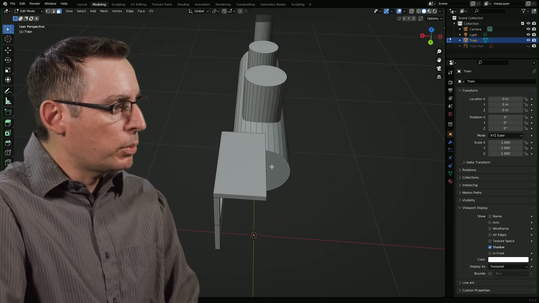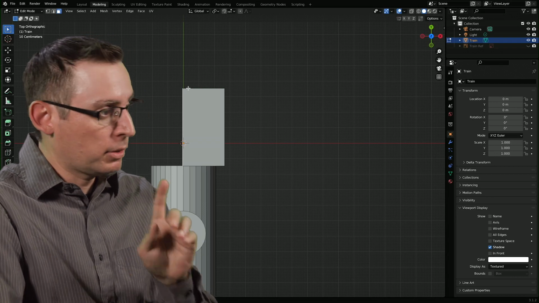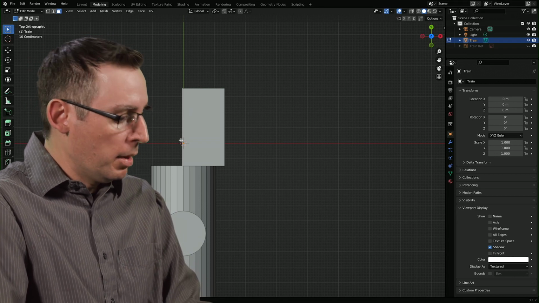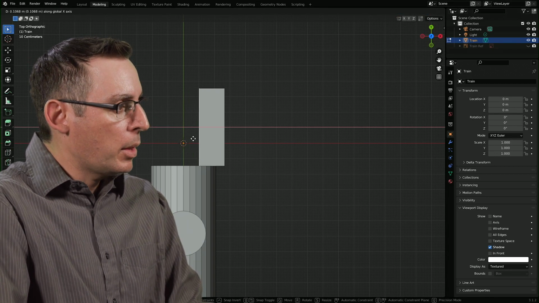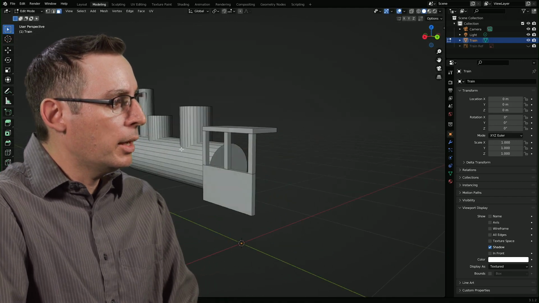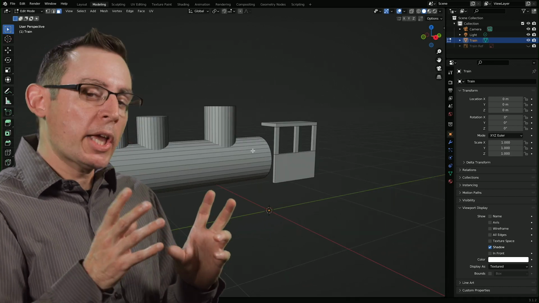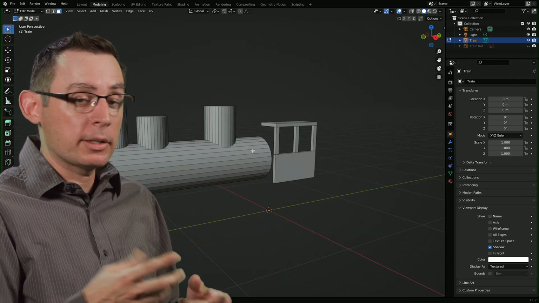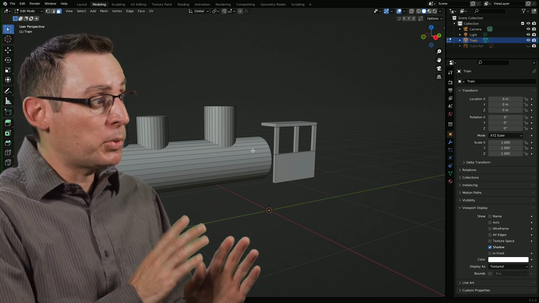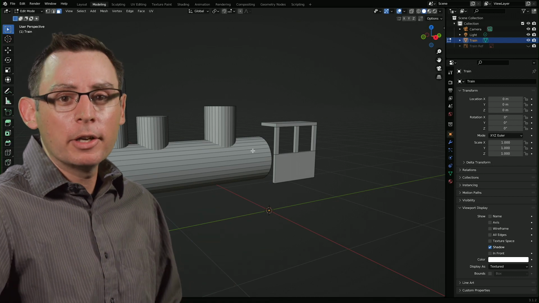Now, if you start to do this, we don't want to have any of these parts and pieces cross the middle line of our X-axis. I'll show you why here in a minute. So I'm going to just grab that, move it back somewhere right around there. That's good. And I'm starting to get the sense that this is looking like a train. So this is how we use the basic building blocks of our simple primitive shapes inside of Blender to start establishing the overall form and structure of our little train.